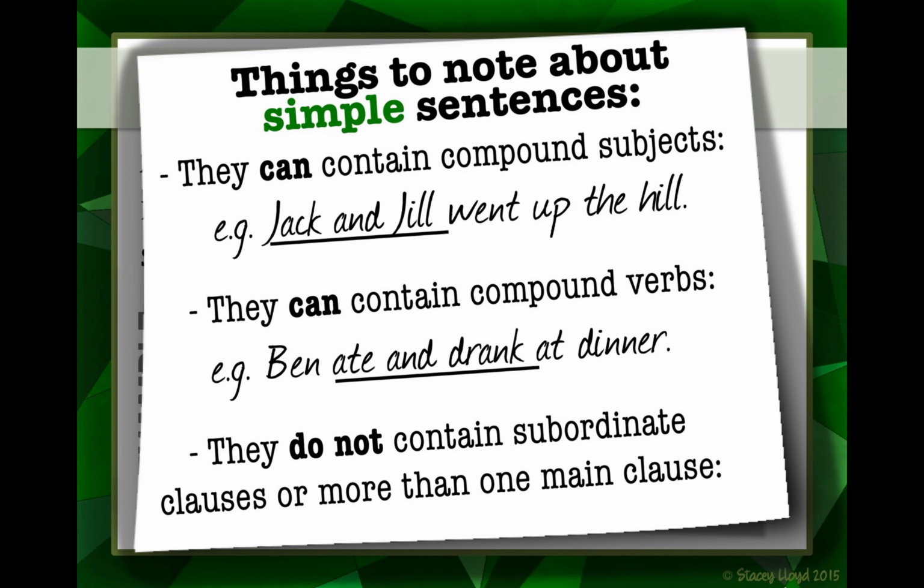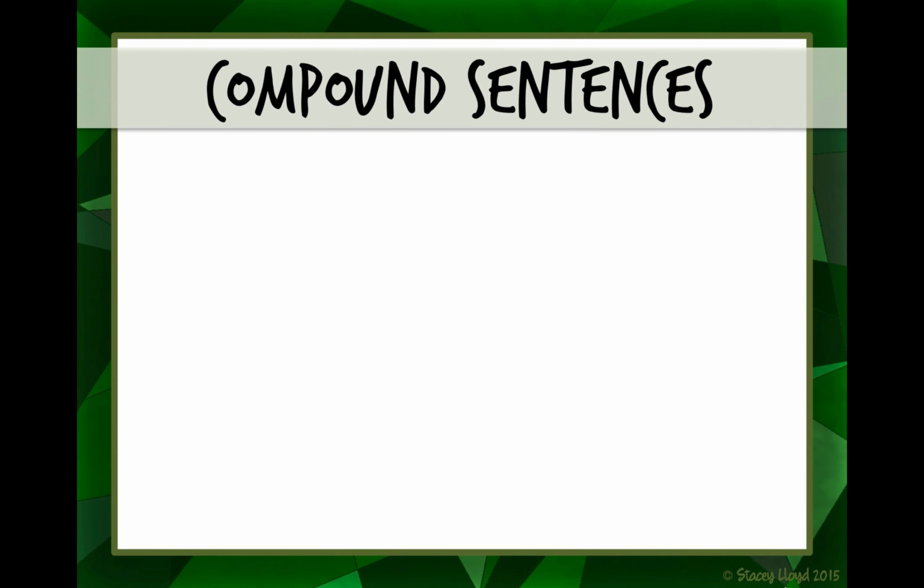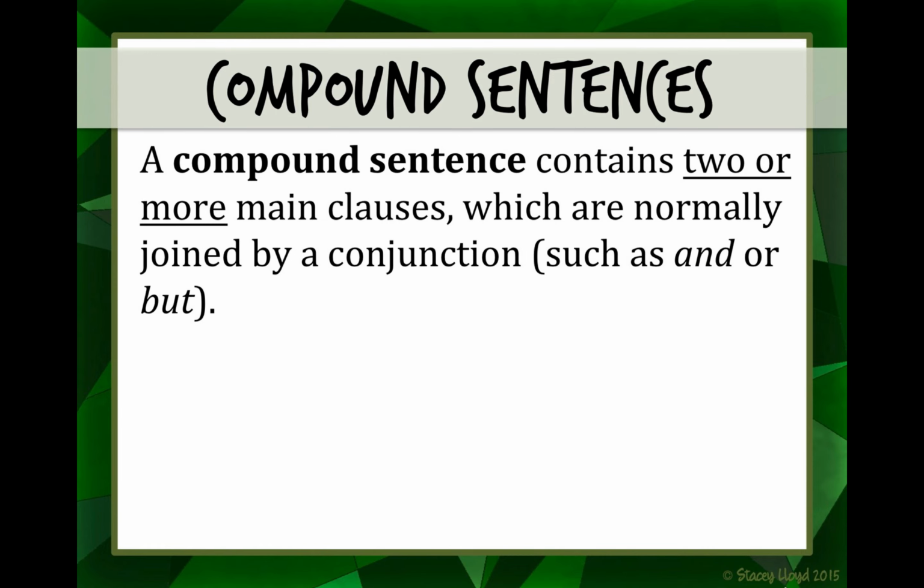Simple sentences don't contain subordinate clauses or more than one main clause. Remember, subordinate clauses are sentences that cannot stand alone. So a compound sentence contains 2 or more clauses. So this is the second one we're looking at. A compound sentence contains 2 or more main clauses, which are normally, most of the time, joined by a